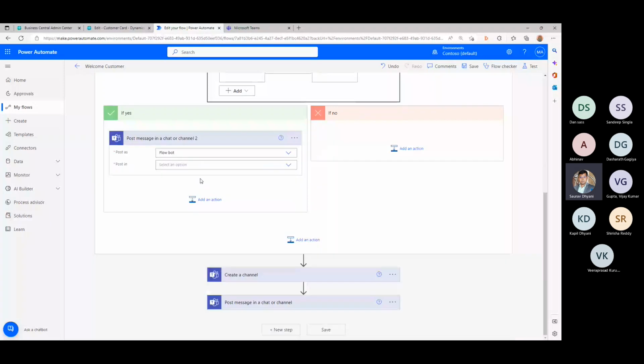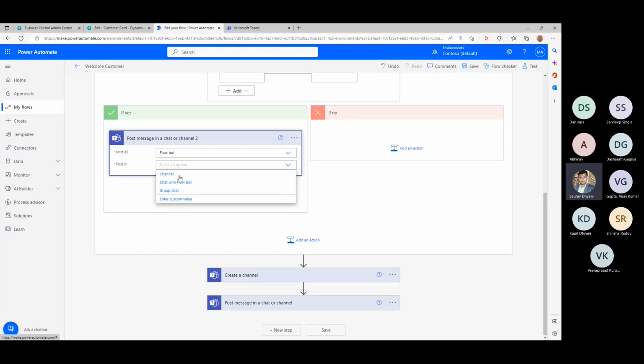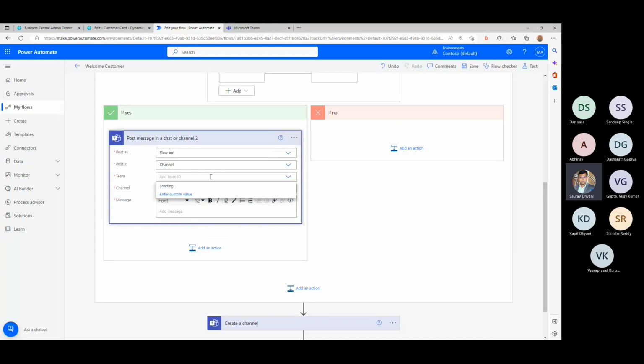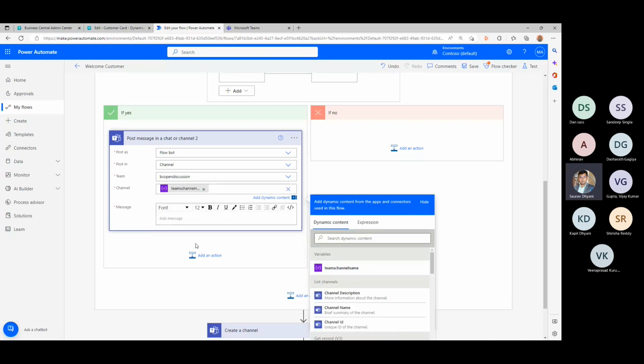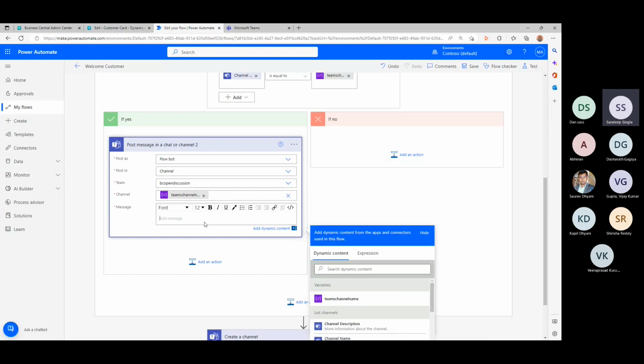Chat on a channel, and then you do it with the team ID is this, and channel ID is the Teams channel name. You have to create this dynamically. Are you going to select the channel dynamically? I use the variable name this time.